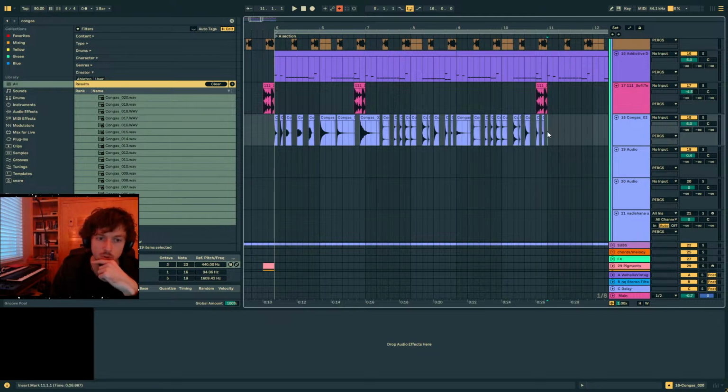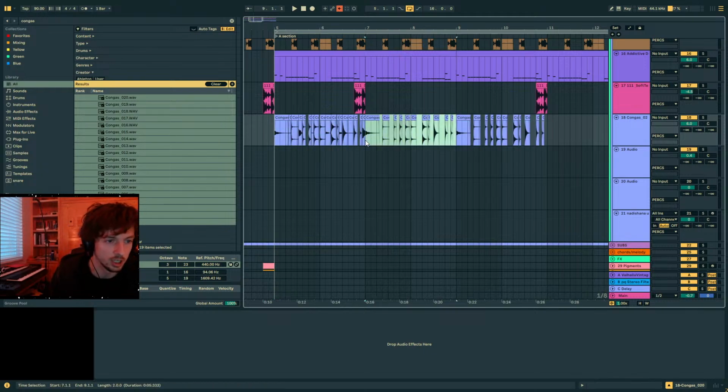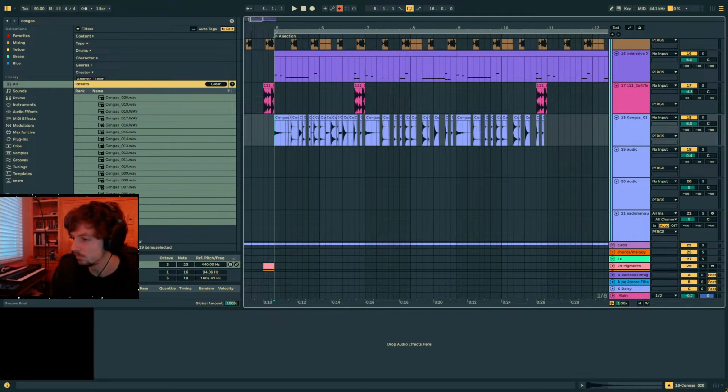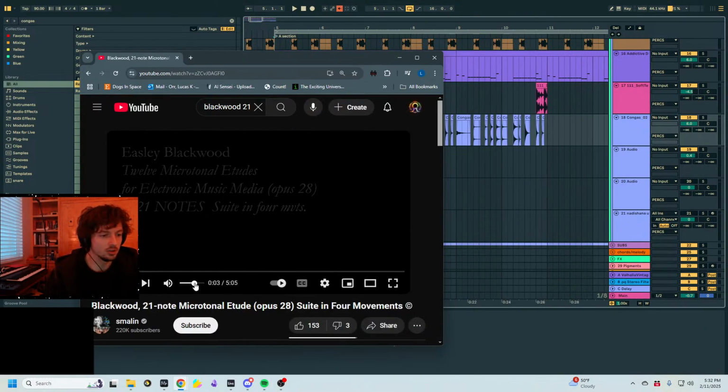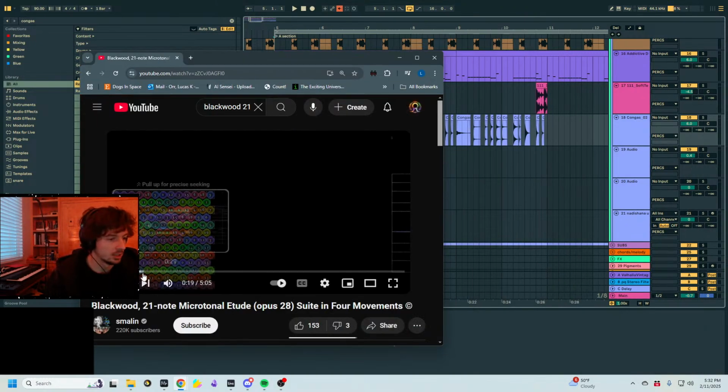It sounded super cool, and it reminded me of just what you sound like when you're noodling on the instrument, because it's kind of interesting, it sounded like it wasn't matched on the grid properly. Blackwood 21. There's like two separate things going on, and they're not fully in time with each other, I think, and it sounded like they're just painting the soundscape, but